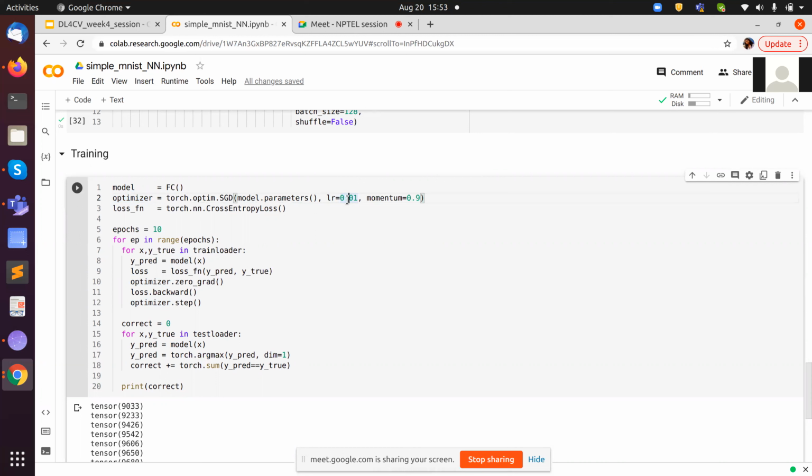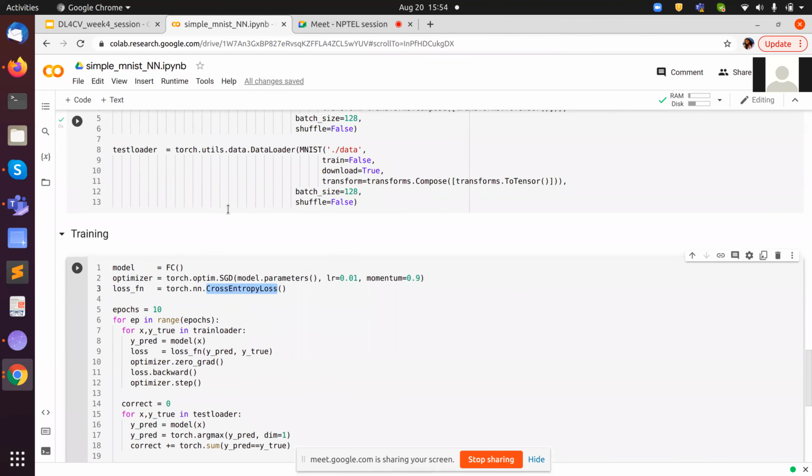So when we do this update in weight, it is W equal to W minus eta times the gradient of the loss function with respect to W. This eta is the learning rate, which is 0.01, and the momentum value is 0.9 here. The loss function is this cross entropy loss. It makes sure that for whatever the right class is, the probability of that right class being predicted should